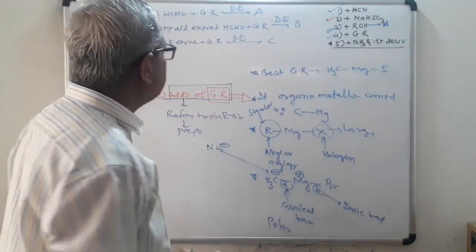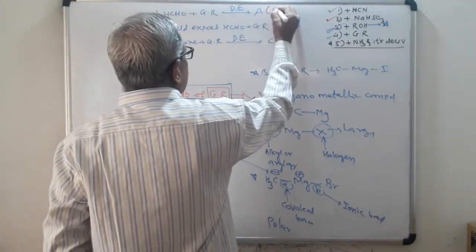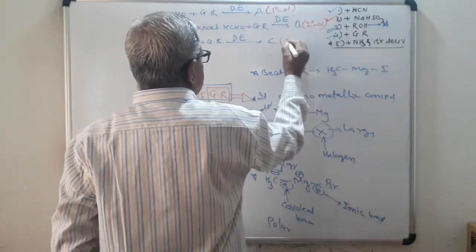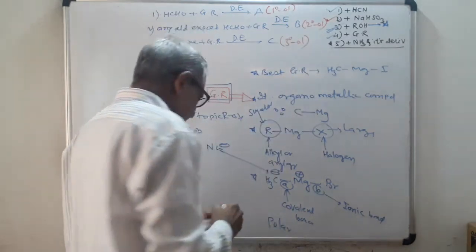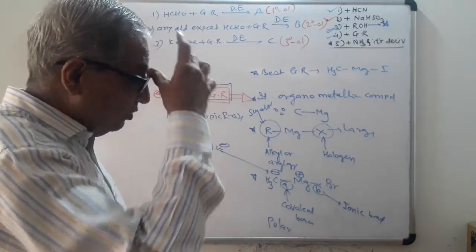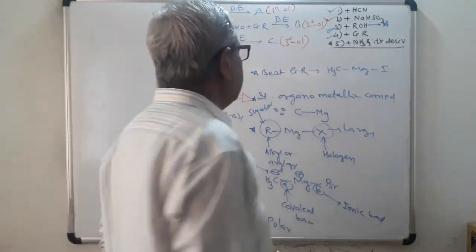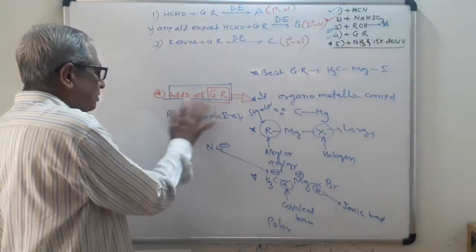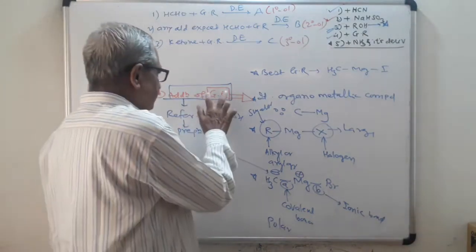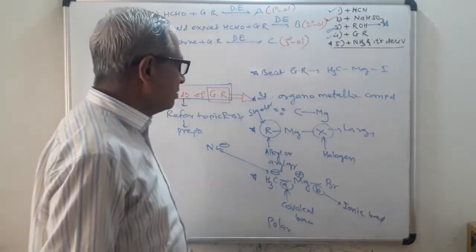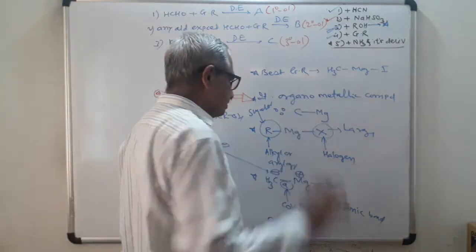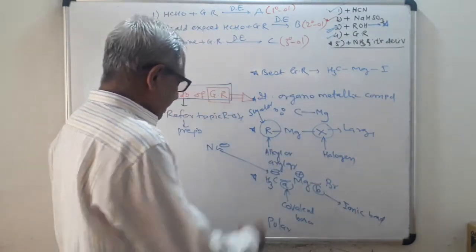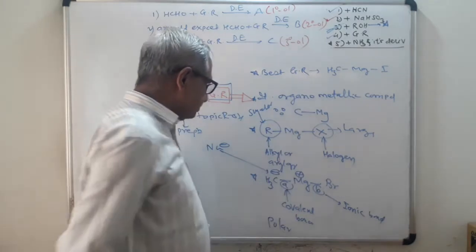The answer is very simple. A is a primary alcohol, B is a secondary alcohol, C is a tertiary alcohol. So this is the important question here. So we completed the fourth reaction, that is addition of Grignard's reagent. Now take a brief revision on the addition of Grignard's reagent. Questions on the Grignard's reagent: it is an organometallic compound because carbon is directly attached to the metal. It is generally represented by RMgX, where R is an alkyl or aryl group and X is a halogen.